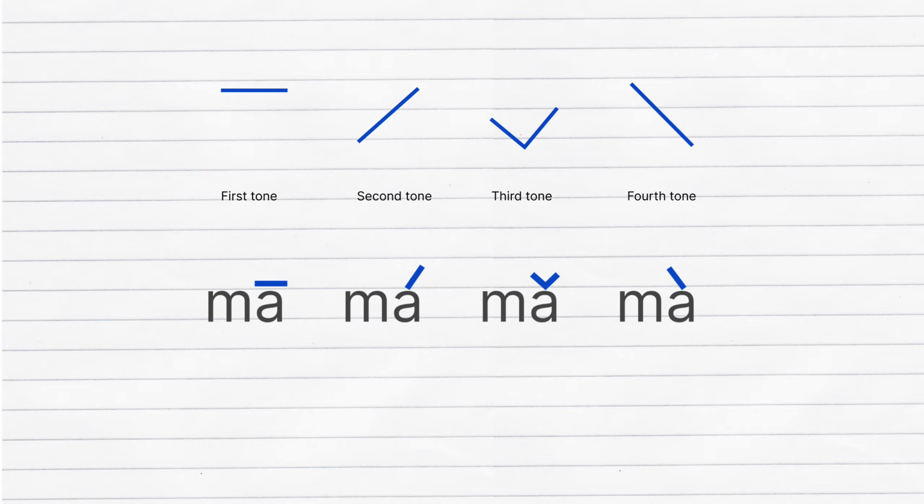So the tones are the pitch changes in your voice. And we will be going through all the tones one by one and very clearly. There are so many words that all sound the same, and the only difference is the tones. So the only thing that distinguishes all these characters that sound the same is the tones. And as I say, statistically, tones are as important as vowels in Chinese. We have 4 tones in Chinese, and a very common example is using the word ma, and putting different tones on the word to see the different tones.